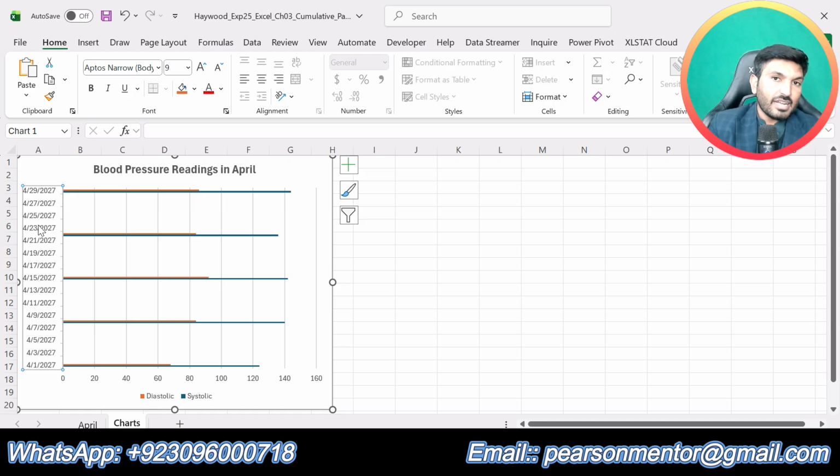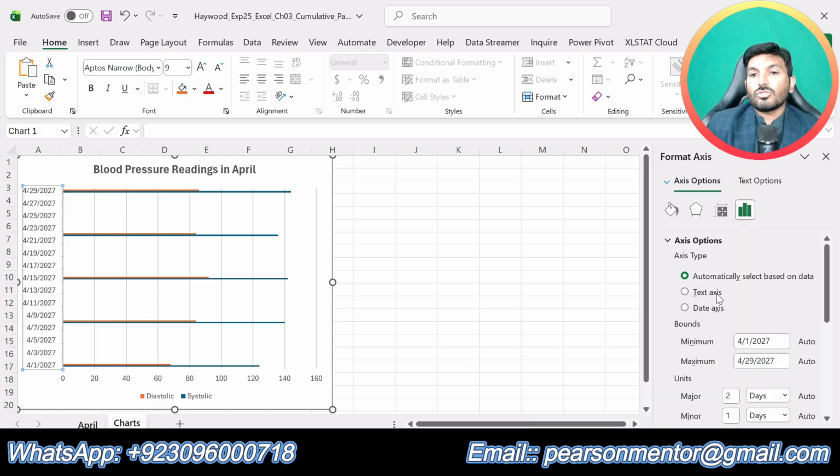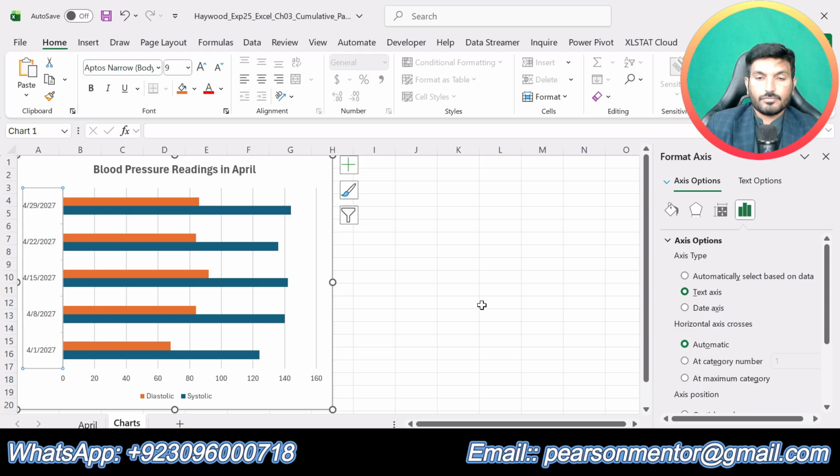Select this axis that has the dates, because there are too many dates and we are supposed to remove the extra dates from here. So right click on that and click format axis. So now we have the format axis task pane, but we are supposed to change the axis type to the text axis, this one.